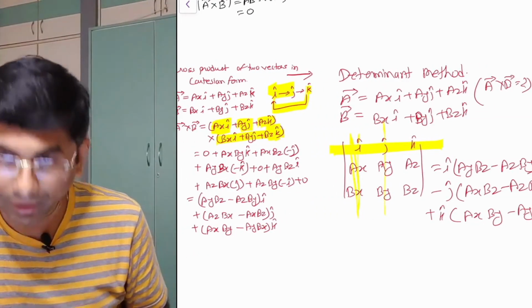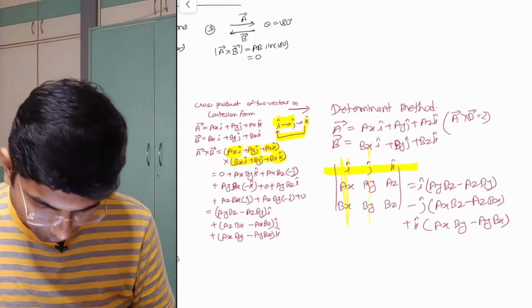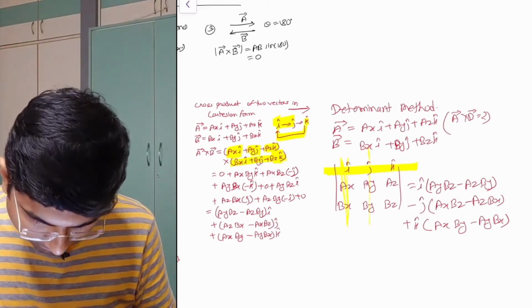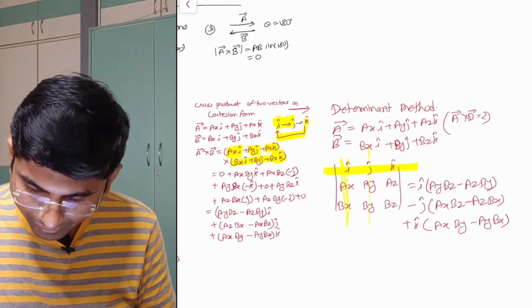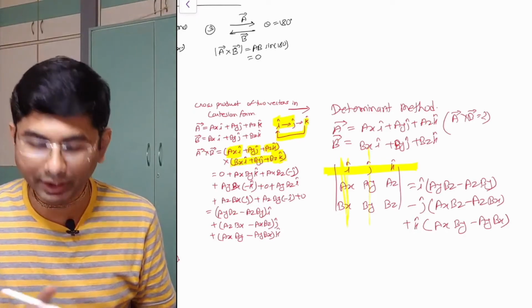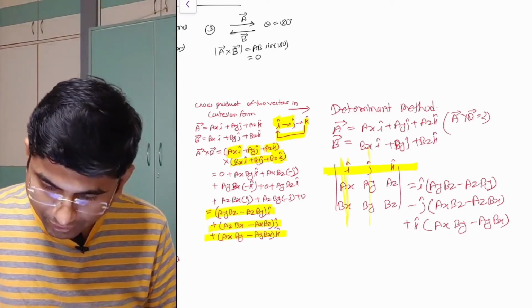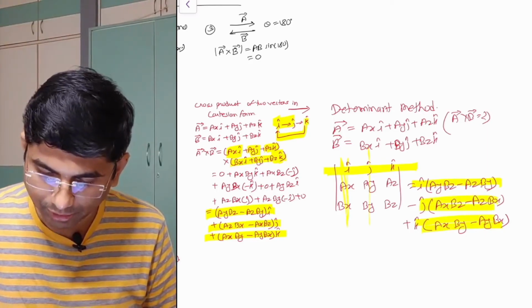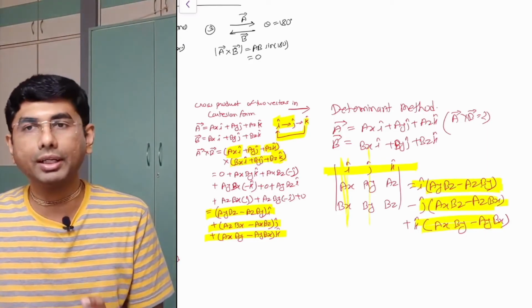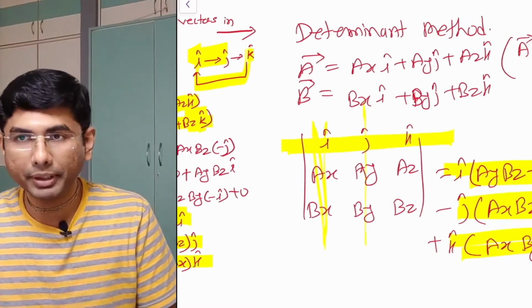If you compare both the answers, they are the same, only the in-between term differs. If you take the plus sign outside, you will get the same answer. Both of them are having the same answer, but here I got it just by solving the matrix. Just by solving the matrix I immediately got the answer. How to solve the matrix? I will repeat how to solve it.